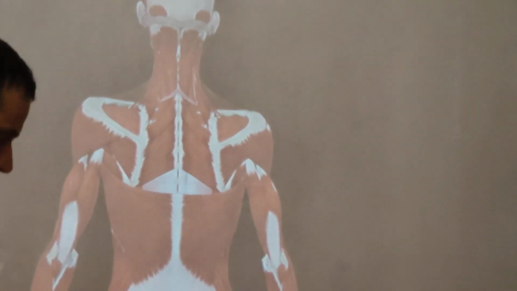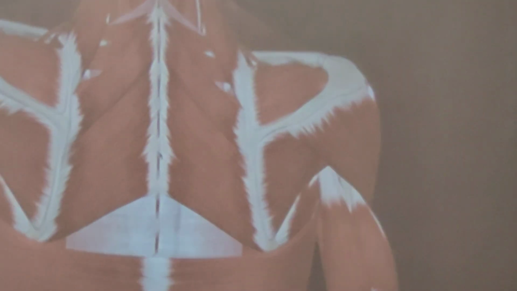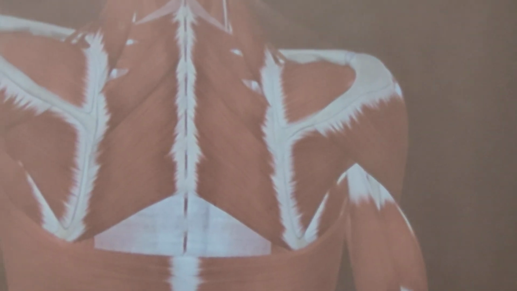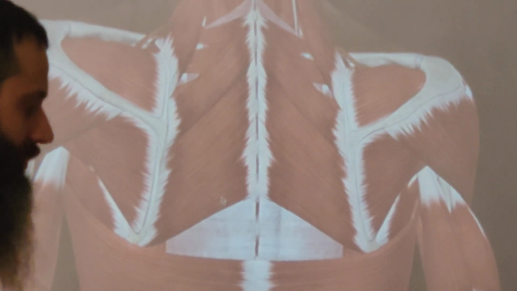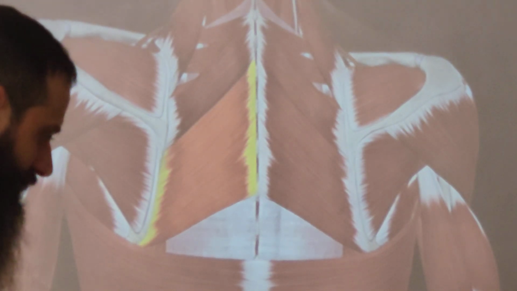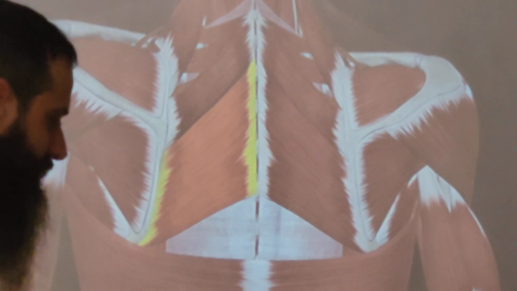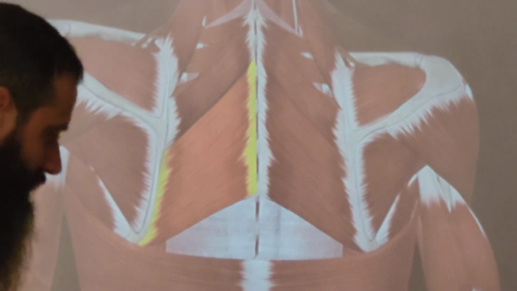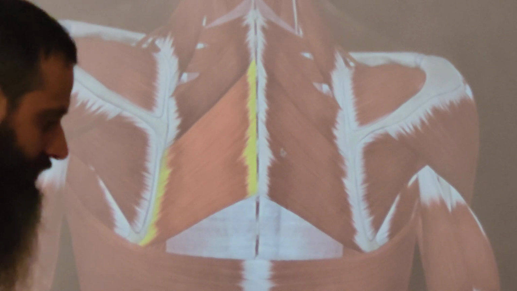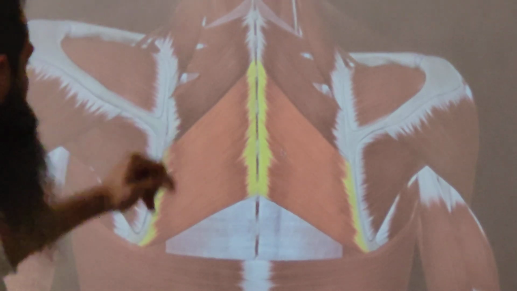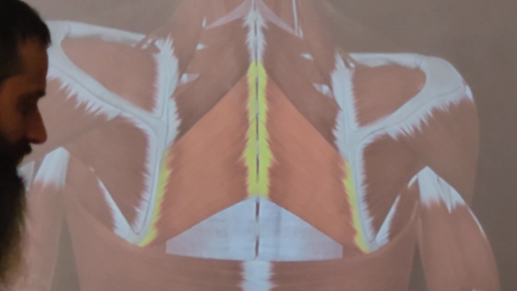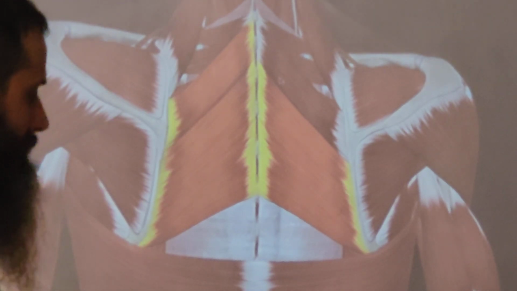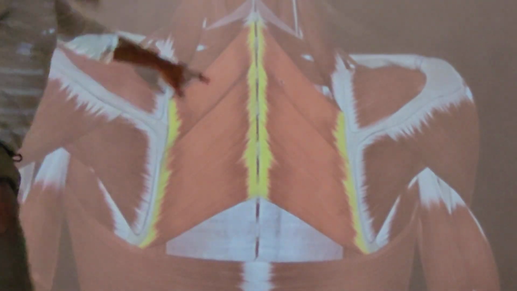Now we can go a little bit inside the body to see these muscles. So yesterday we saw these muscles in the class. This is the rhomboid. In English, rhomboid. There are two. So of course there is one and there is a pair. There is one in each side, but this is the major rhomboid. And then a little bit up, there is the minor rhomboid. So these muscles here, they start from the C7.